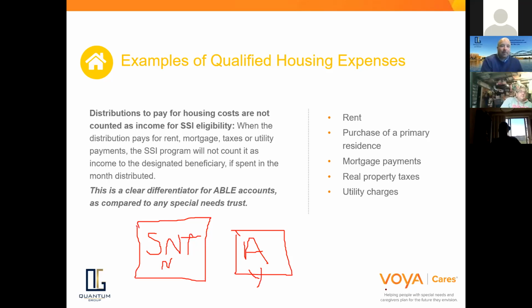That's almost nearly impossible when it comes to the other programs that you may have, in order to save the amount of money for a down payment, because you're unable to spend money on rent or housing or things like that. So that's one huge difference that comes about. We talk about qualified housing expenses. That's a very unique thing.